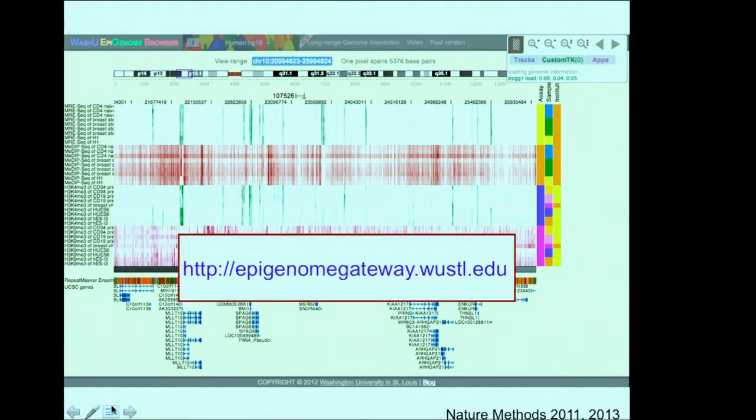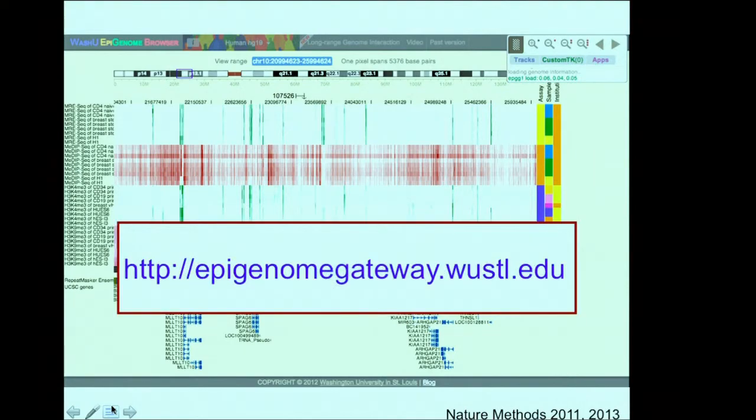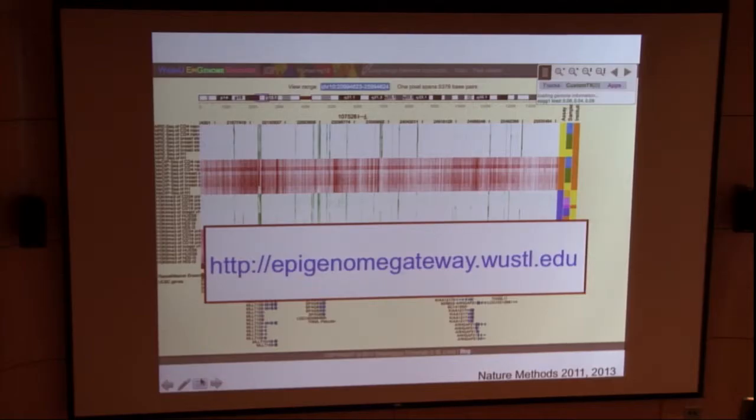So this is the website for this human epigenome browser. It's the main product of this project. So I'm going to give you a little tour of this browser, and later on, hopefully, we can do some real life online tutorial at the poster session.